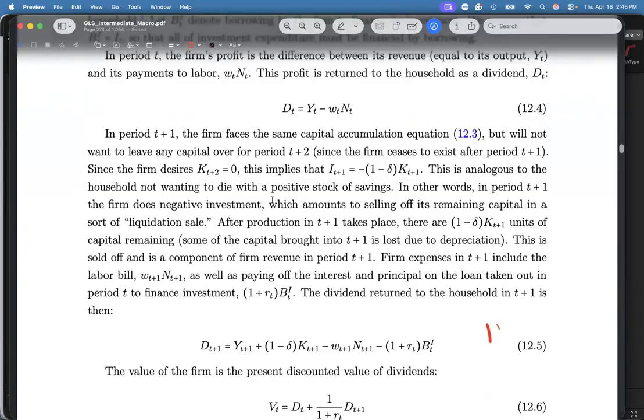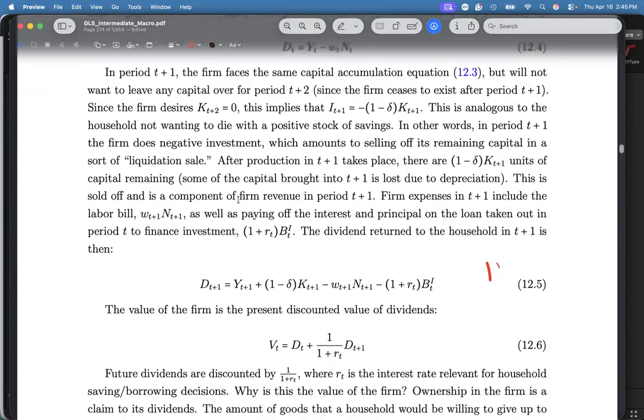Okay. In the second period, you will also have your law of motion of capital, but your K T plus 2 is 0, which implies that your investment in time t plus 1 is going to be just consuming your entire capital stock at time t plus 1. Okay. So wala ka nang idadagdag sa t plus 1, wala nang K T plus 2. So after incorporating all of that here, we've got your dividends in period T plus 1, the next period, the second and the last period.